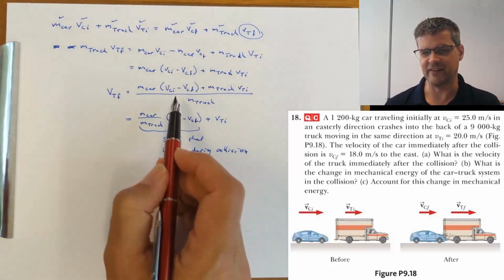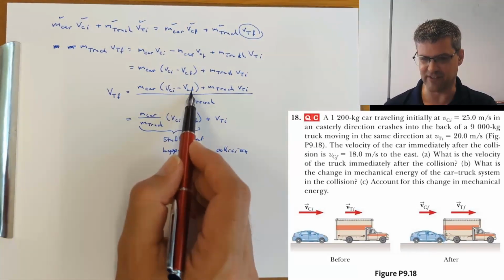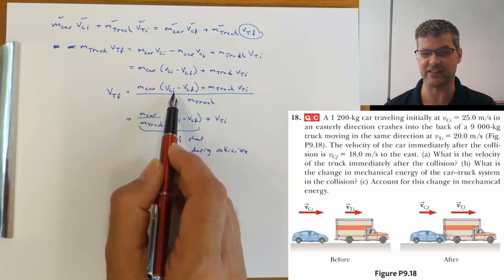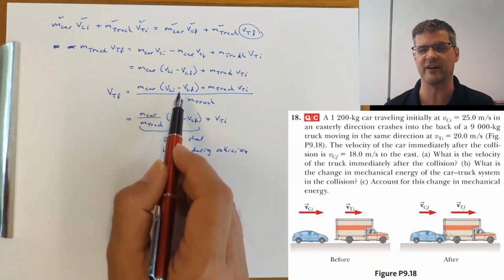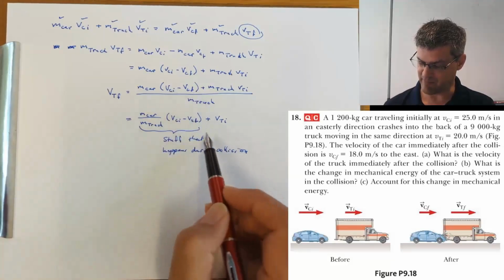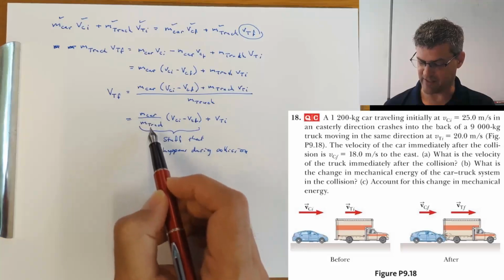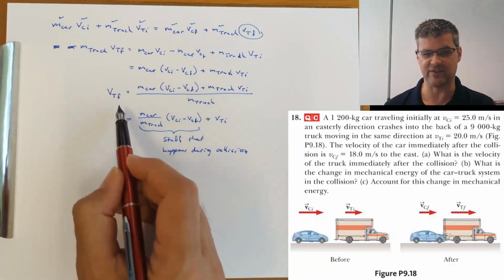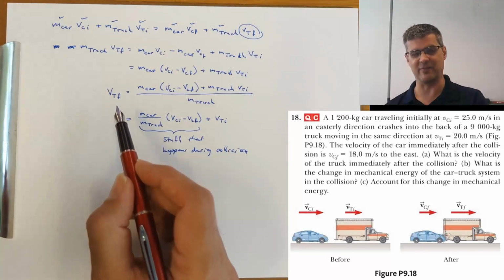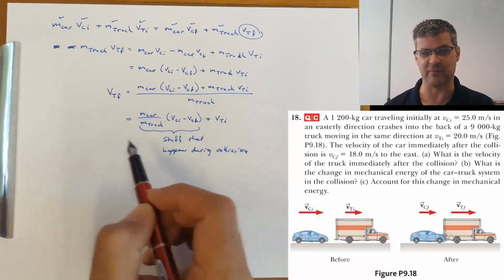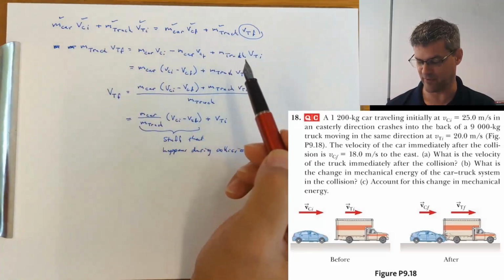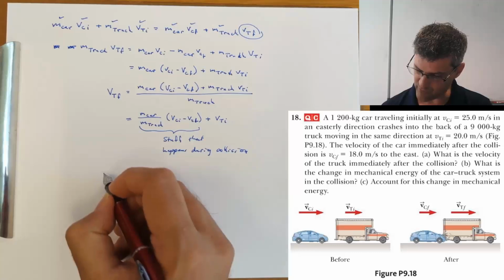And very likely, the speed of the car after this collision is going to be smaller than the speed of the truck after the collision, right? In fact, in the text of our problem, the car was originally going at 25 meters per second, and after the collision is going at 18. So this is a positive number, and this is a positive number. The velocity of our truck has gone up. Some of the momentum that was originally in the car is now being transferred to the truck. There's a momentum transfer, but the total amount of momentum is the same before and after the collision. So if we wanted to find out